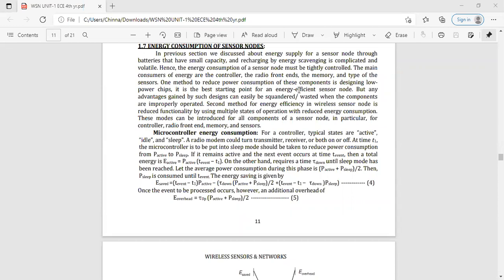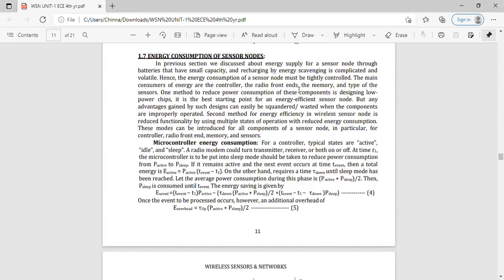In the previous sections we discussed the primary batteries, the secondary batteries, the types of energy scavengers, and the rechargeable batteries that are supported for the wireless sensor network. Here, coming to the energy consumption, the sensor node must be very tightly controlled by